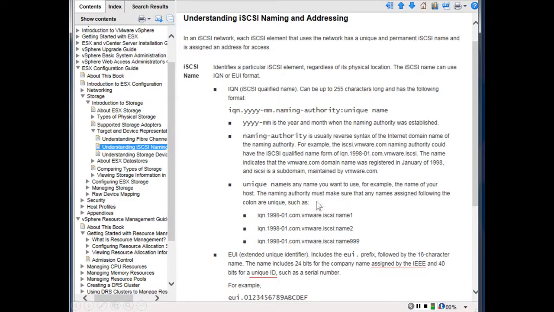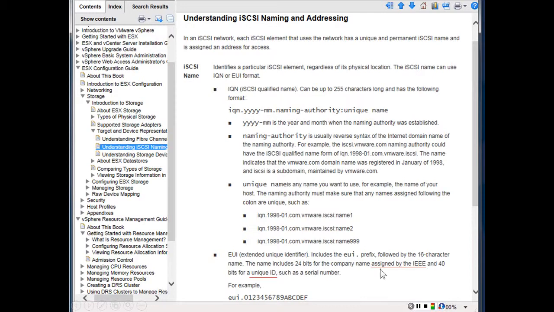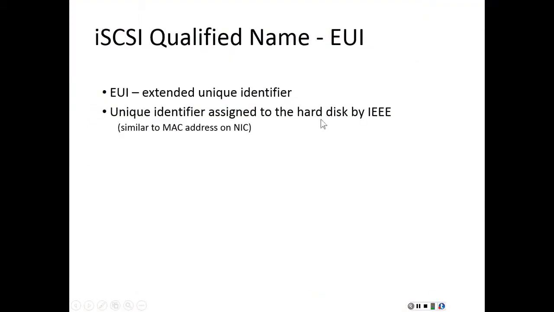There is something called the Extended Unique Identifier, and if we look at the VMware documentation, we can see the EUI, Extended Unique Identifier, is a number assigned by IEEE, the Institute of Electrical and Electronics Engineers, as a unique ID, such as a serial number. The EUI is a unique identifier assigned to the hard disk by IEEE, and it's similar to the MAC address on a network interface